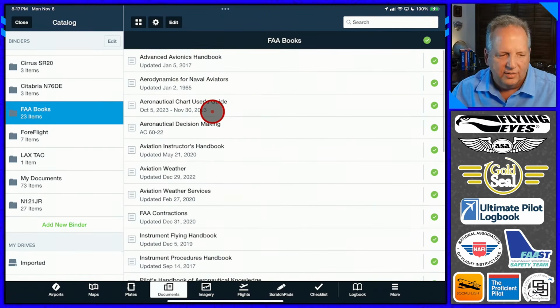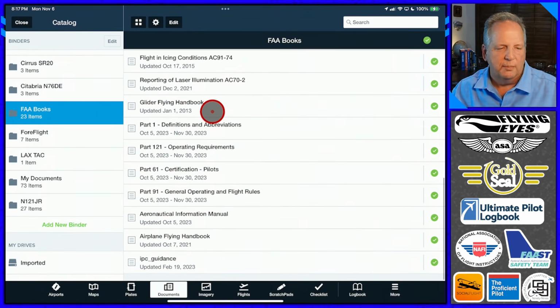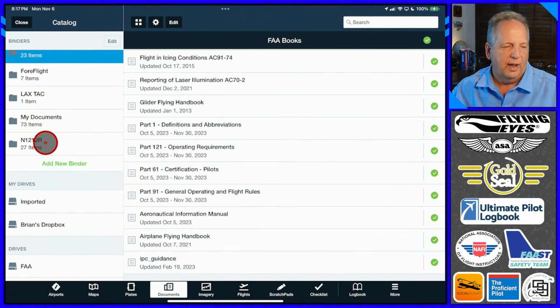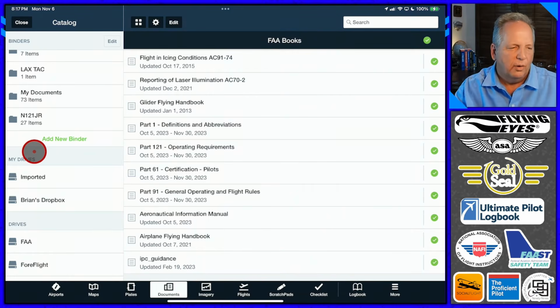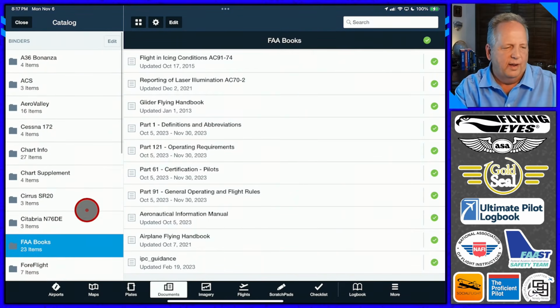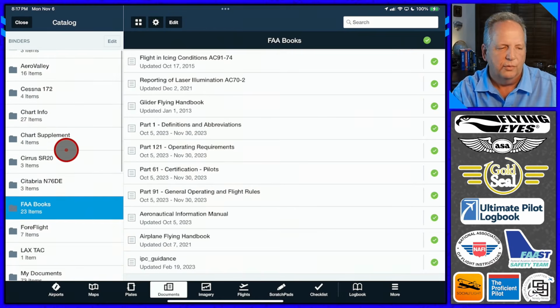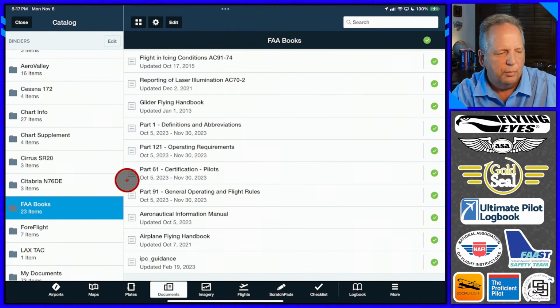And I can edit this. These are all free. All of these books that I remember paying a lot of money for at the pilot shop and carrying around with me, these are all free. And it doesn't make your iPad any heavier to add them, no matter how many books you put in your iPad. So the airplane that I fly, my airplane, I have a folder for that. For the flying club, for different kinds of airplanes, I have folders for those. So one thing that I'm going to do is show you how to put these on here.